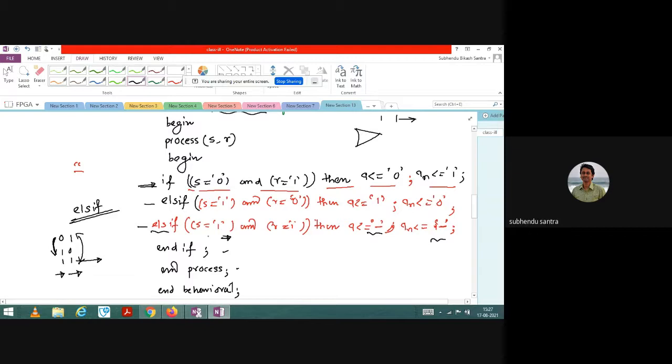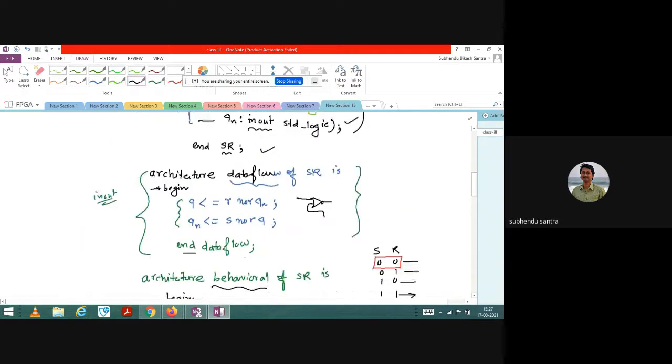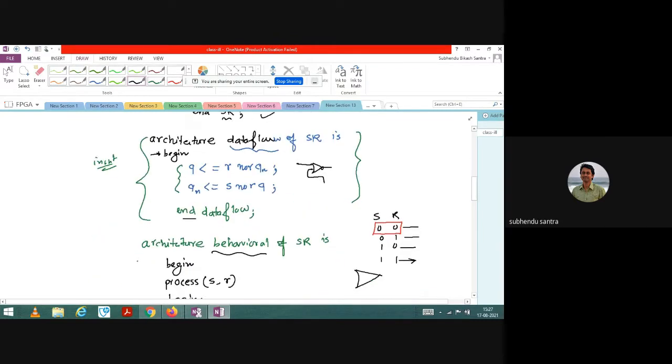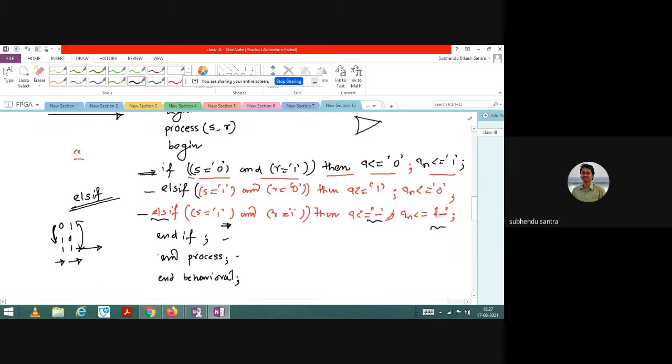Okay, so what is the learning point? That is important. The first learning point is this, the in-out signal. And the second thing is the two architectures. So architecture 1 and architecture 2. This is architecture 1 and this is architecture 2, to define this in-out as well as to do the program. Okay, am I clear?